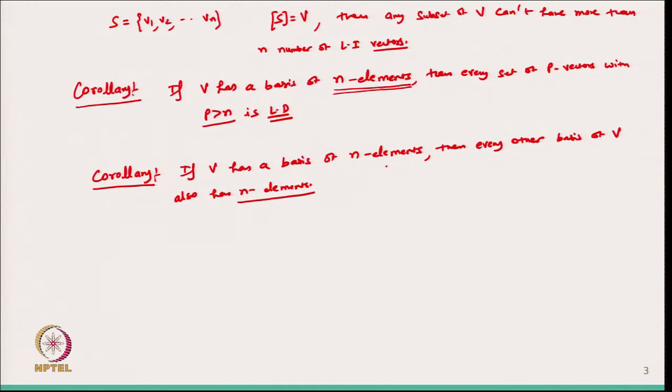It means if one basis has n elements, then any other basis I choose also contains n elements. So, the proof is,